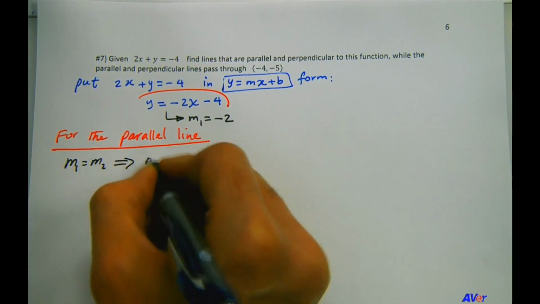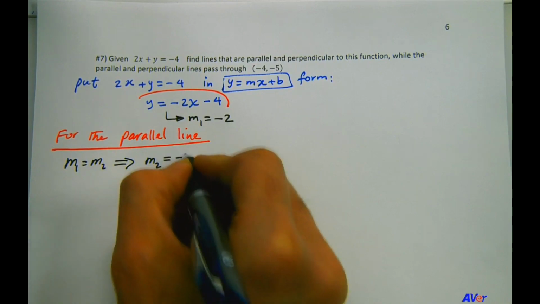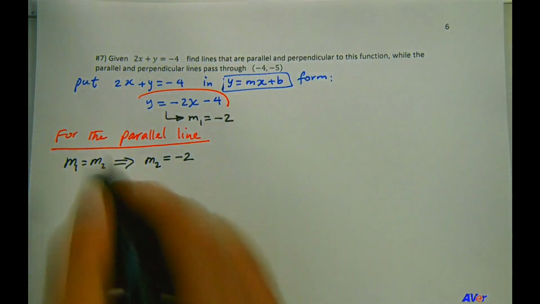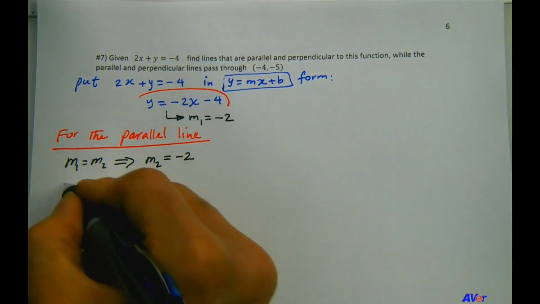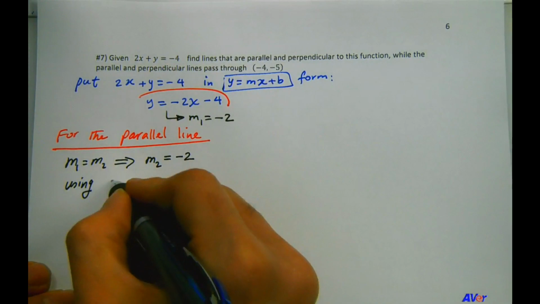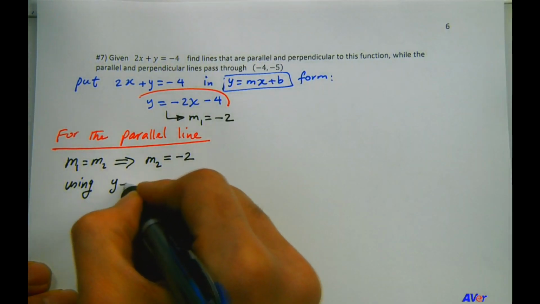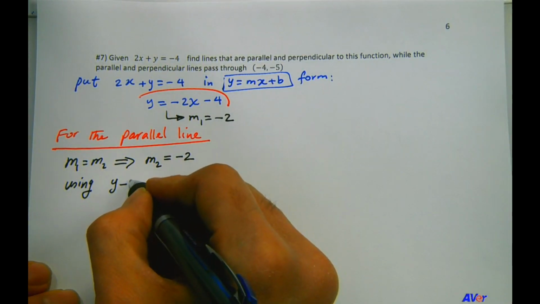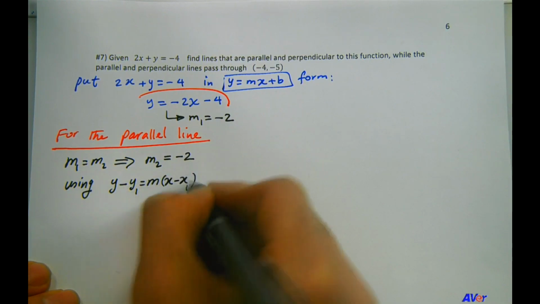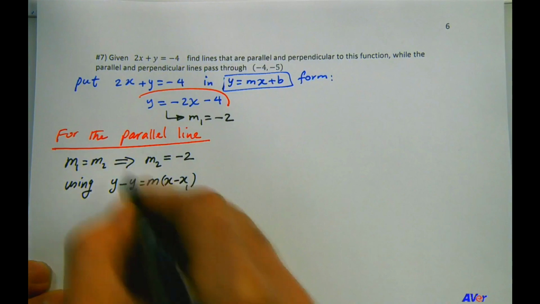Therefore, m2 must be equal to minus 2. That's the slope of the parallel line that we're looking for, right? Okay, so now using that formula, point slope form, which we have on the first page, y minus y1 equals m times x minus x1, using that,